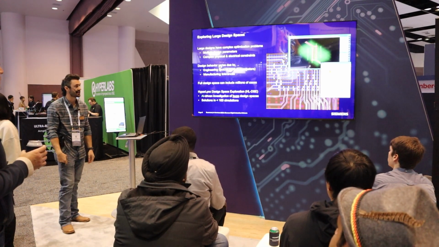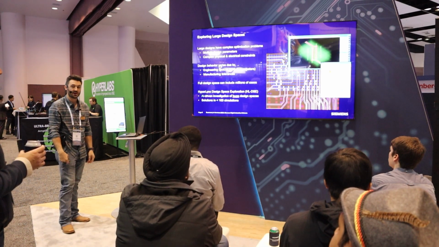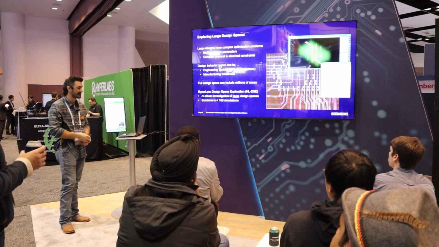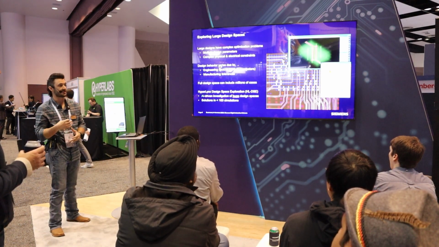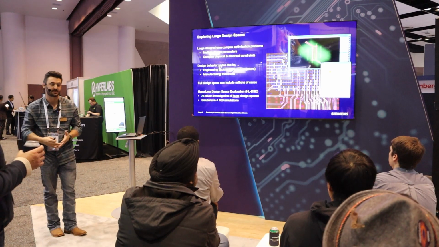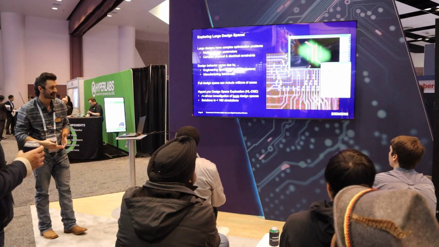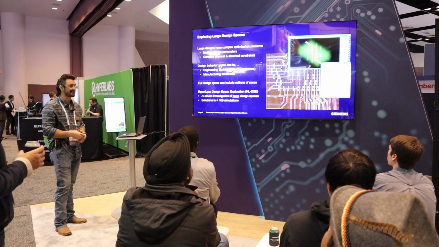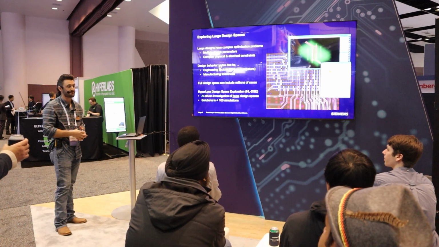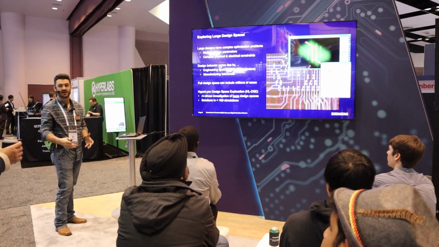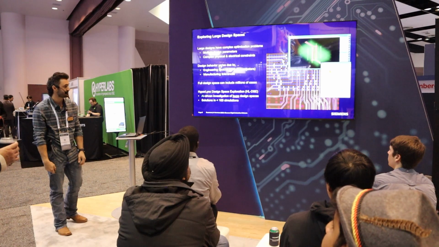The goal here is that we want to create a design that performs well under all of our possible manufacturing conditions. And we do that by choosing the correct set of parameters like drill size, antipad size, trace width, trace spacing, and so on. The problem is that this number of design parameters creates a massive design space with millions of possible combinations of design parameters.